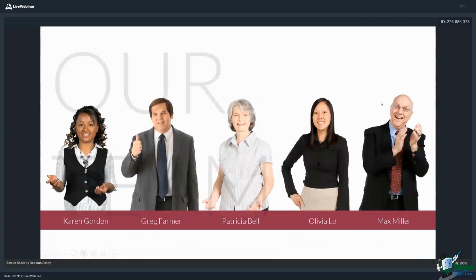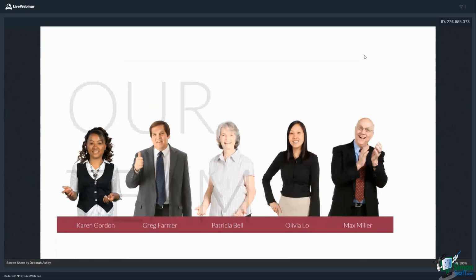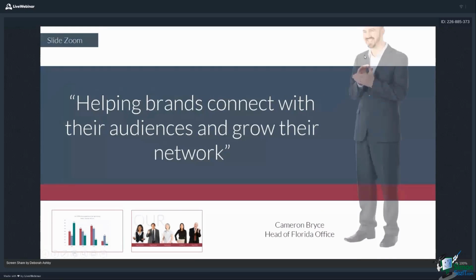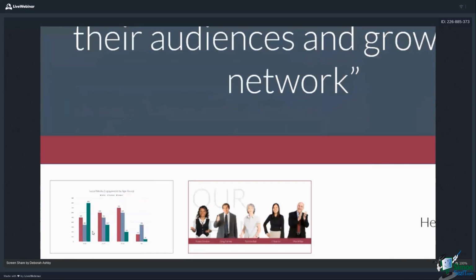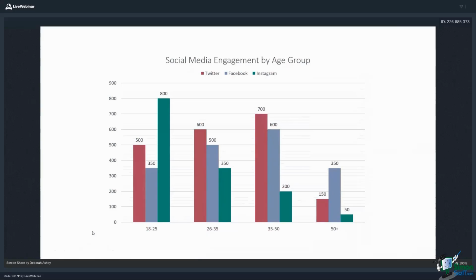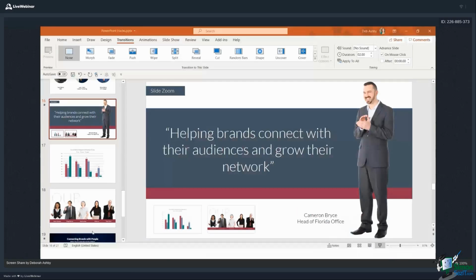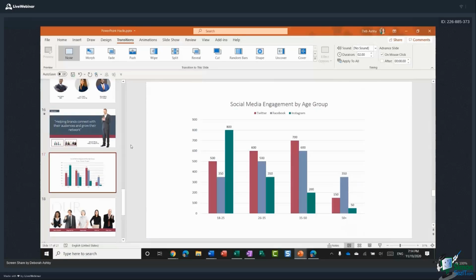I might have another option up here which will allow me to go off in a different direction. So this kind of works more like a mind map as opposed to moving through PowerPoint in a linear fashion. Now for this one, if I click, it just jumps me back out to where I was, and I can then jump in and explore the other strand. So this is a really cool way of moving through presentations that is very un-PowerPointy, is what I like to say. So let's take a look at how I created this.